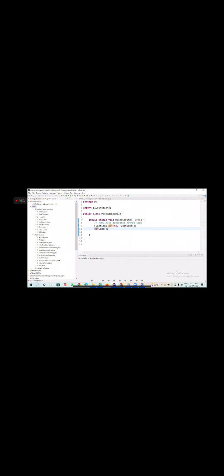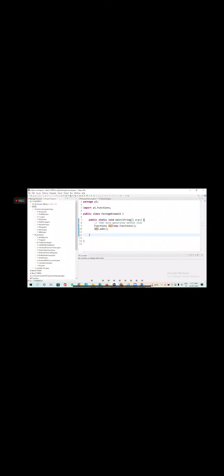Where did you create a package? Under SRC. So don't right click on your project. Here also you'll have an option to create a package, but I don't see any. You have an option to create in the project also, but don't do it. You will always have the SRC folder. Under SRC, you create a package.